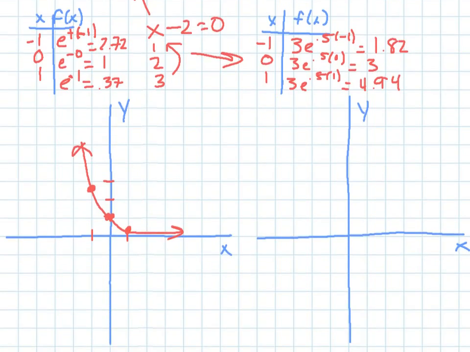So graphing those, so then you get -1, 1.82, and then 0, 3, and then 1, 4.94. So here it's a little bit shifted up, so you don't get super close yet